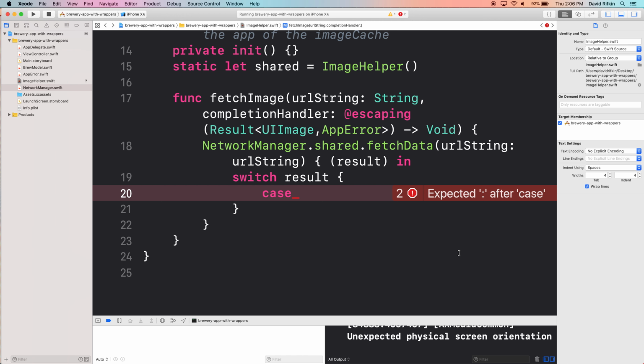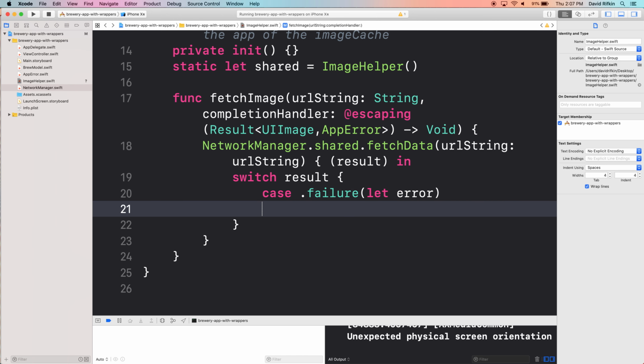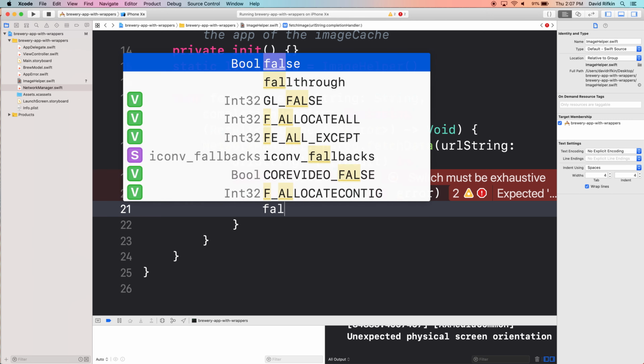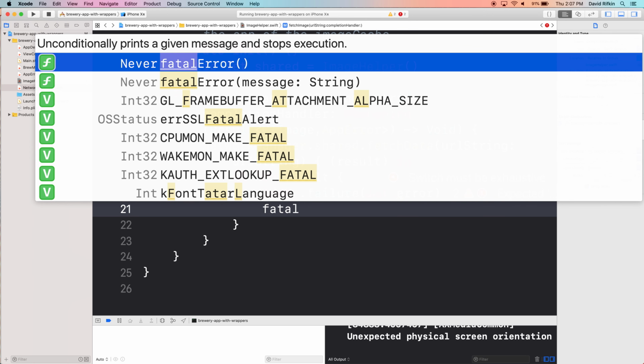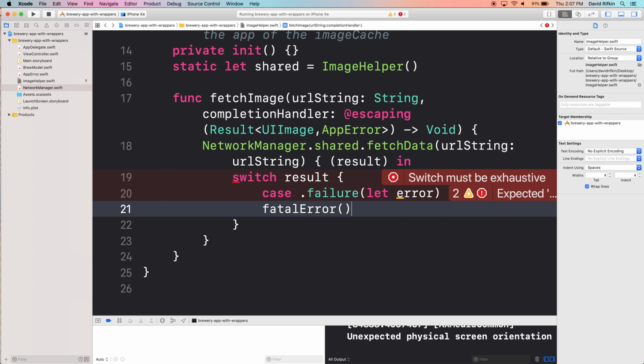All right, so if it fails, you want to crash the app? I guess so. Fatal error. I guess I don't need that error here. All right, so if it's a failure, do that. Otherwise, if it's a success,